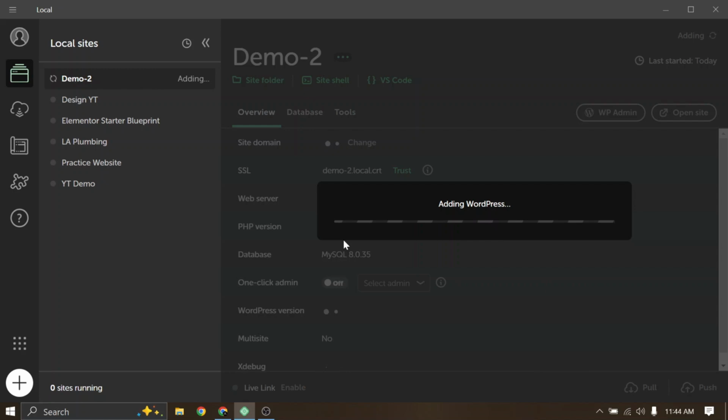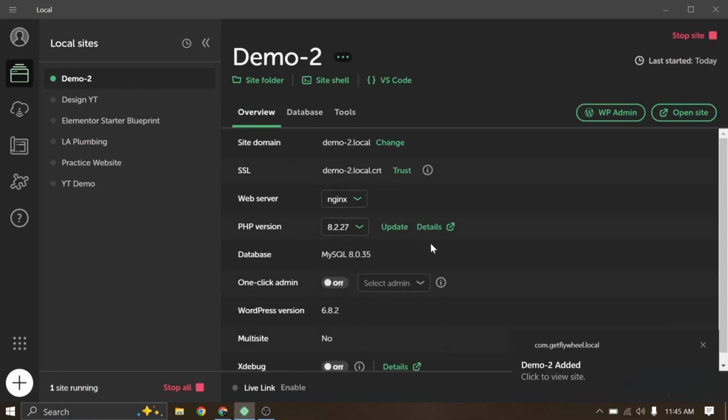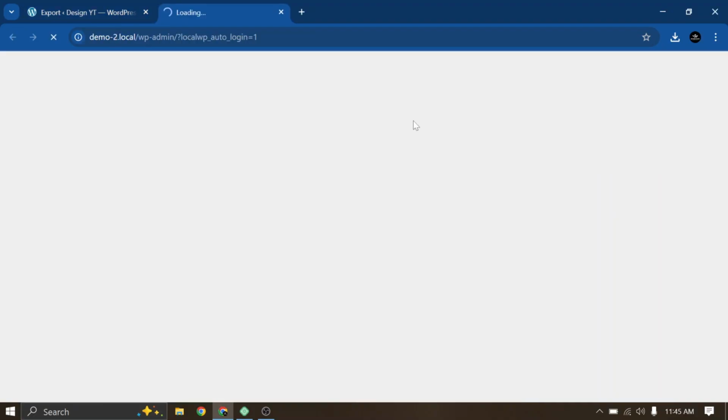If you don't know about this, this is the Local WP software which allows you to locally run WordPress. If you don't know how to use this, I have a video on my channel where you can see how you can download this Local WP software and run it locally. If someone doesn't have a website or you want to practice something new, you can do this here. This process is totally dependent on your machine. If you have a good machine, it will take only 1 or 2 minutes. The site has been created. Now let's click on the WP admin to log in to our second site.